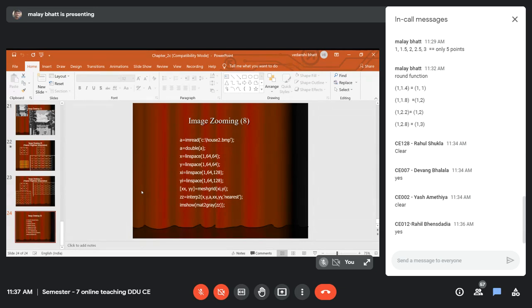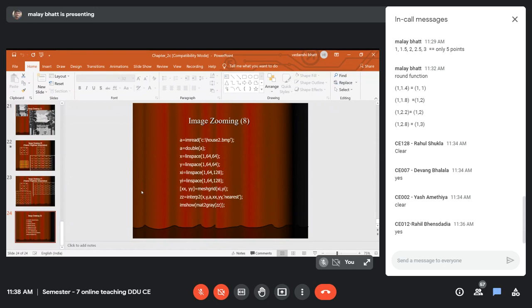There is a function known as interp2. It is a MATLAB interpolation function with the keyword nearest. XY is the original grid, XX and YY is the mesh grid which is generated, and we have the interpolation function with the keyword nearest. This is just for your knowledge.